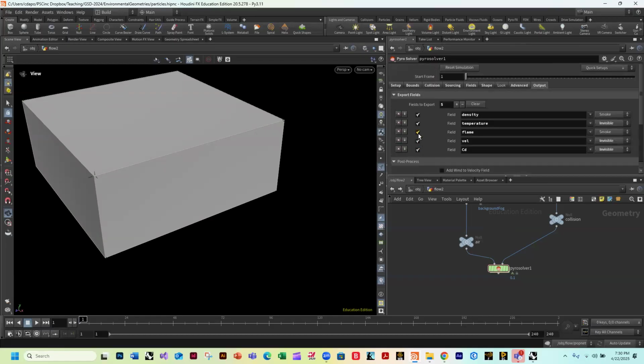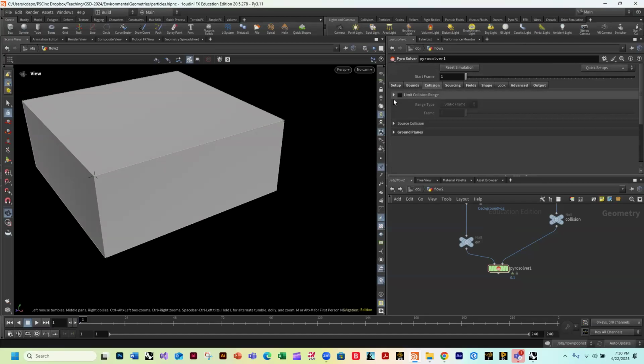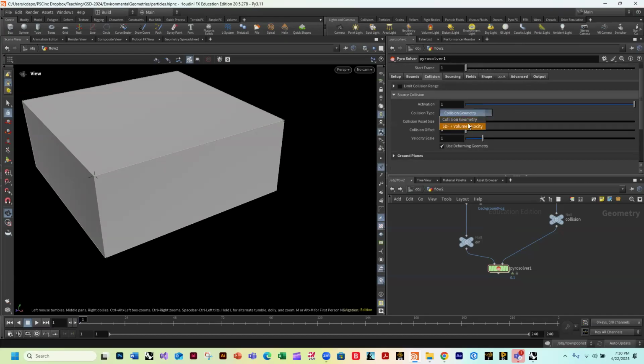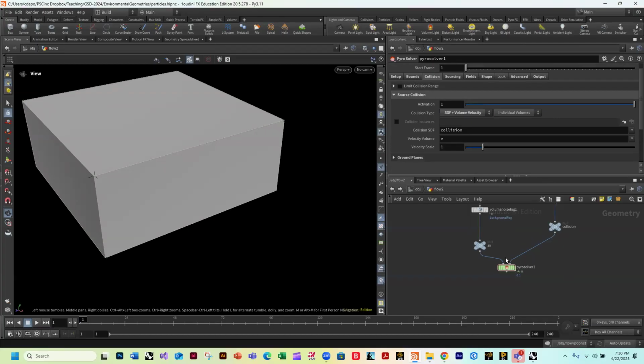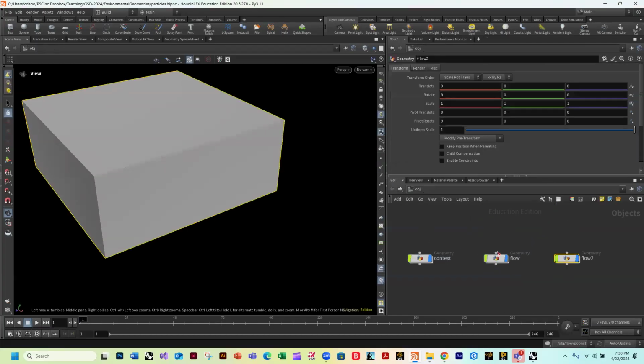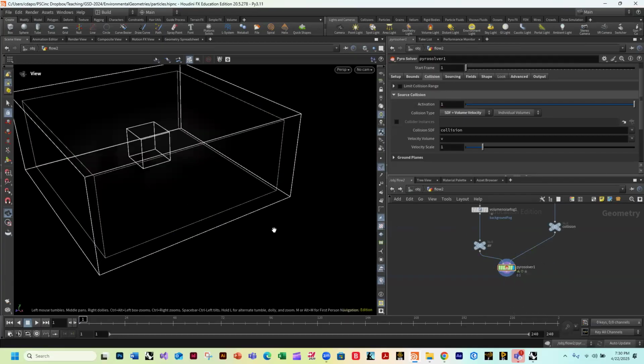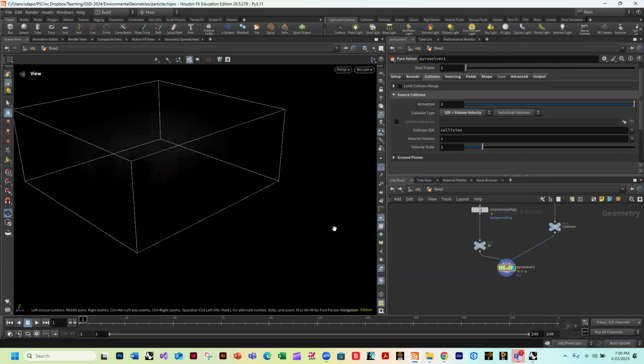Go to my output. I don't need to output this flame, but I do want to output the pressure. And that should be invisible. And let's go back to the collision tab. I think I forgot to choose the source for my collisions. So I want to do this SDF plus volume velocity, and it's named collision. Okay, and now if I go to this flow and I turn on the pyro solver,